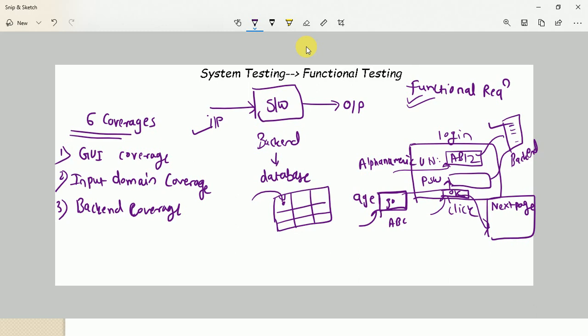Not only the database, but here we can test the API interface, client server communication, right? There are many more server activities or validation activities we can test at the time of backend coverage. This is important because when you pass some data, that data gets processed by the backend. So backend testing is also important, and we can test it at the time of functional testing.